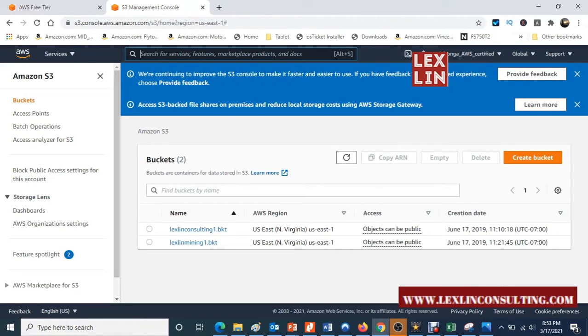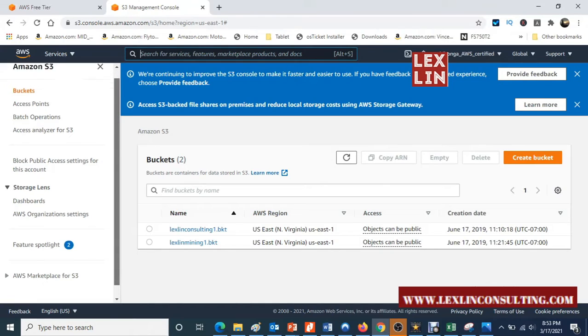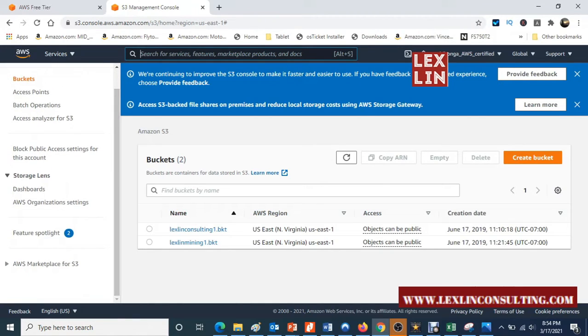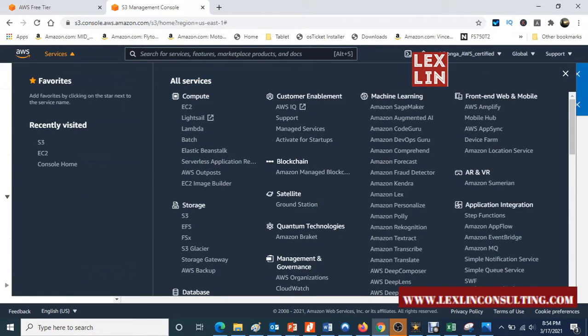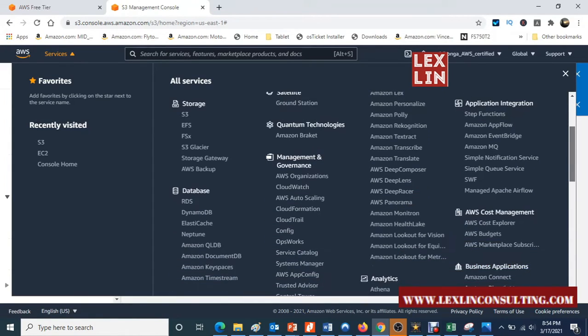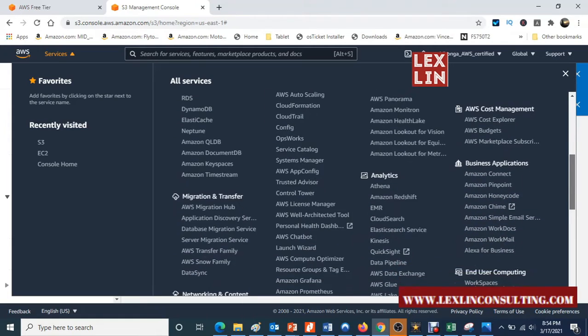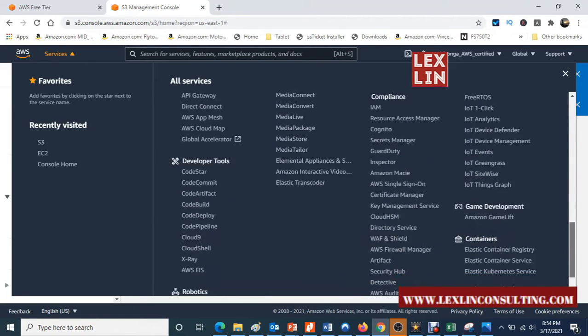So say for instance S3, you create a bucket for that, and S3 is something that is more popular. You're going to access it more frequently.